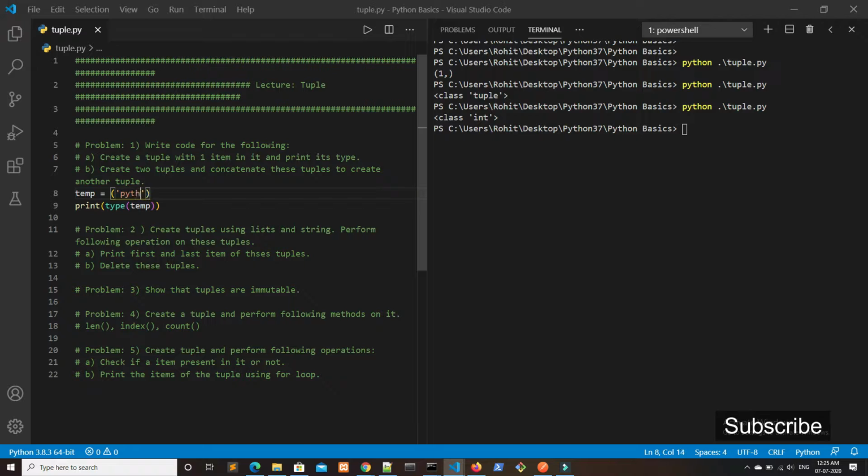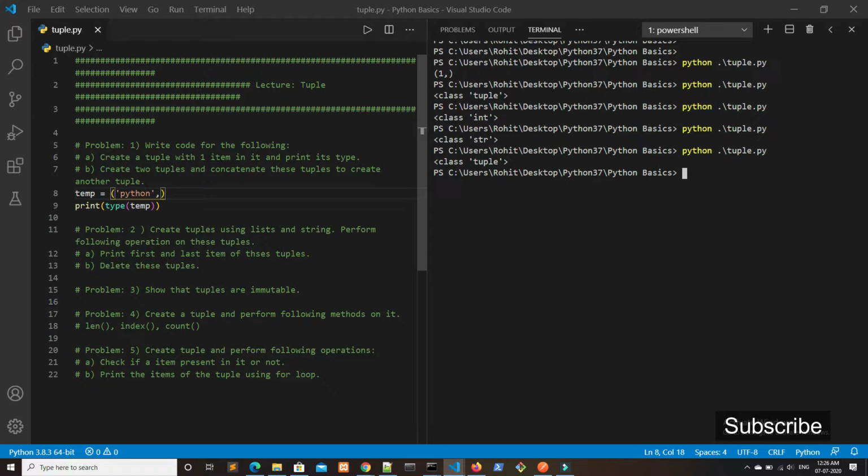Suppose I write Python, then we will be getting str type. So to make temp a tuple we have to give a comma after the value, otherwise it will be the respective type. Okay,